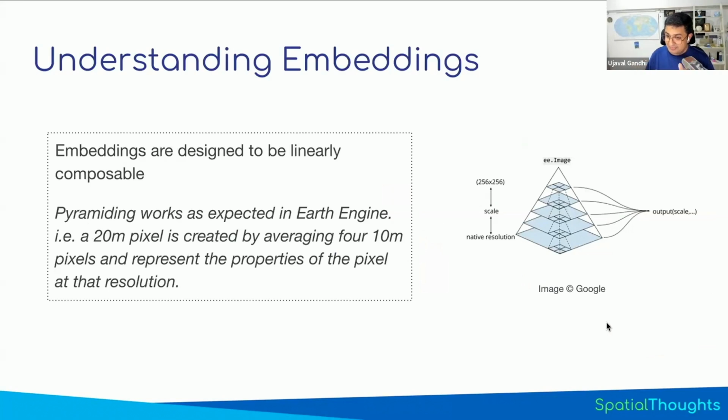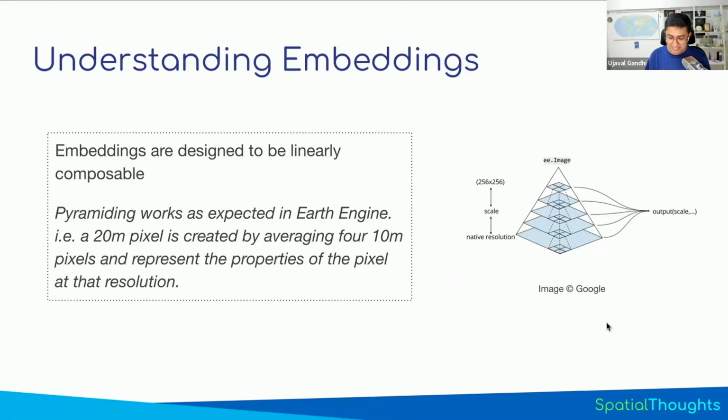Representing embeddings as images also has this really interesting property. In Earth Engine, if you work with images, you know that you can work with images at different resolutions. You can say, it's a 10-meter image, give me the version of this image at 20 meters. And Earth Engine has pre-computed pyramids where it'll take these 4 neighboring pixels, compute the average, and give you a 20-meter version of these images. And this allows you to do a lot of computations very fast. The same thing happens with embedding images. And the way they are designed is